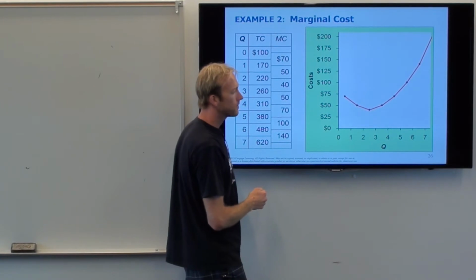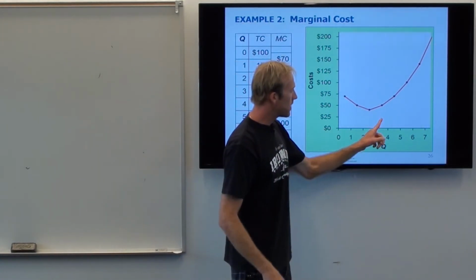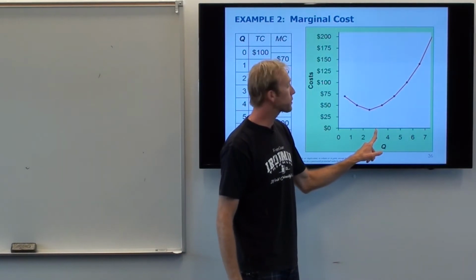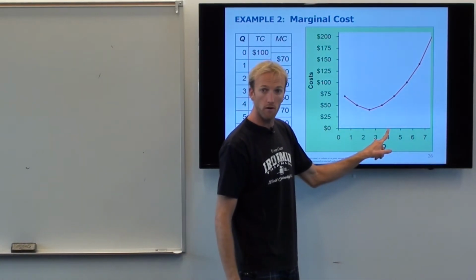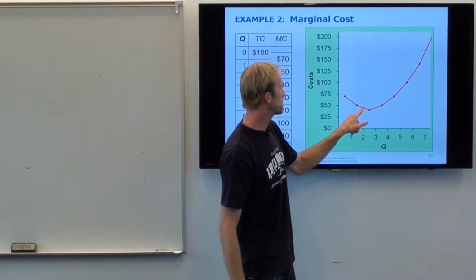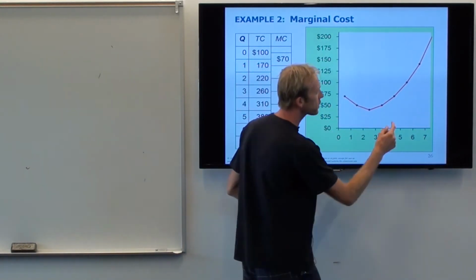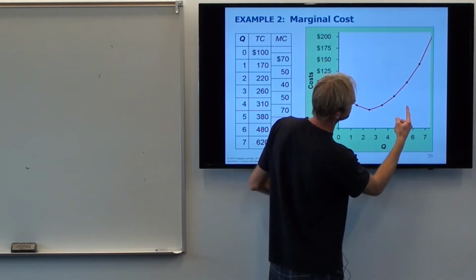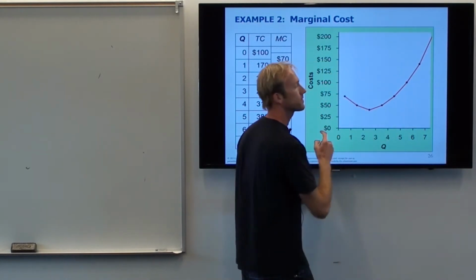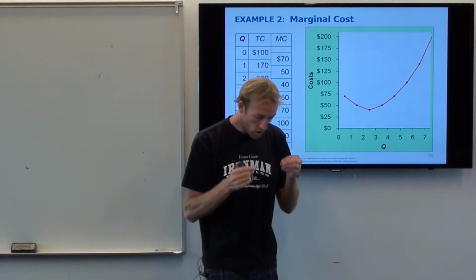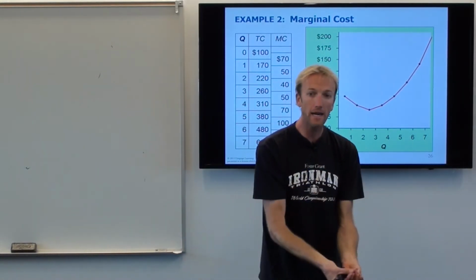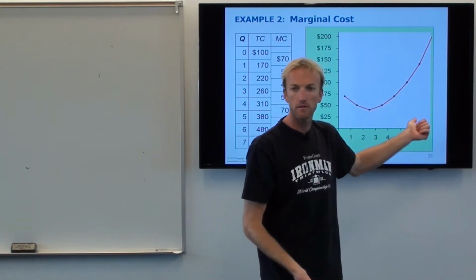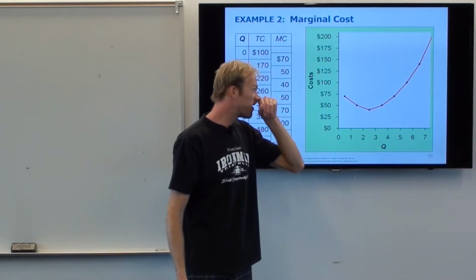Why? Because this point here tells you the change. If you're currently making 3 and you're going to go make 4, it's going to cost you this much, $50, right? And if you're currently making 5 and you're going to go make 6, you go to $100. It's going to cost you $100. So if you're currently making 5 and you want to make item number 6, taco number 6, it's going to cost you $100. Expensive tacos, but you get the point.